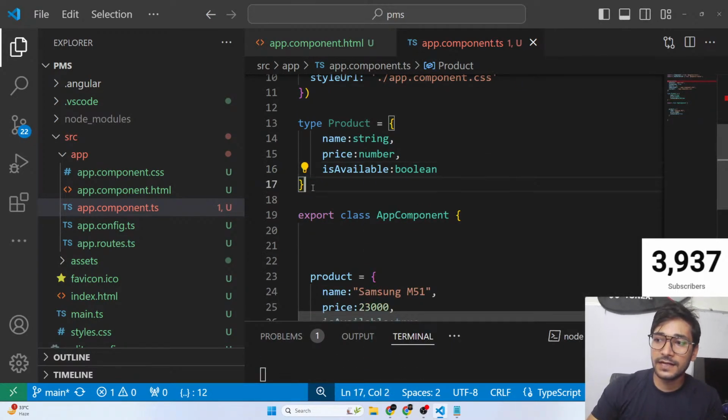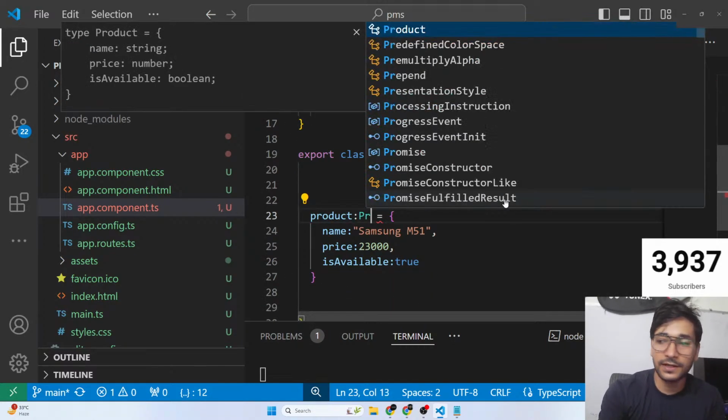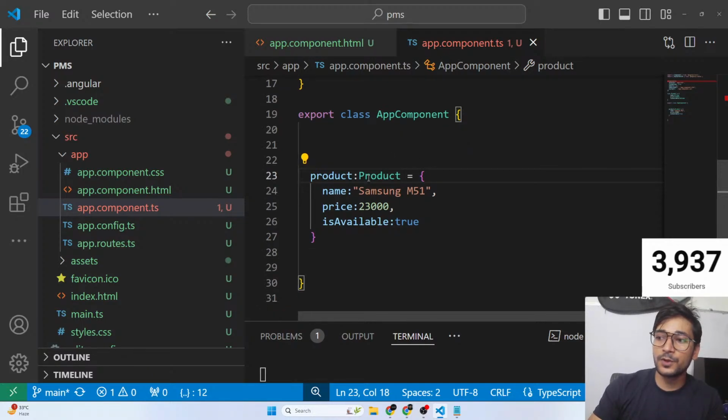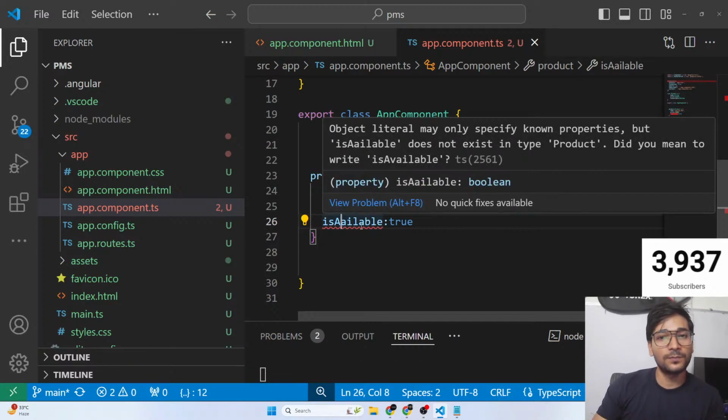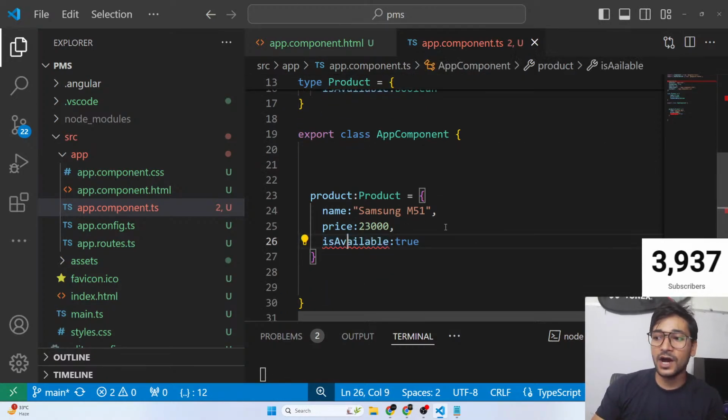So guys, we have created a type for product, and now we'll give the product object the type Product, and see, no errors. But now the best part is, if I make a mistake, it will cry that this property is not allowed, because it only has name, price, and isAvailable, and you're putting a wrong spelling. And if I try to make price a string, again it will cry. So now I have some kind of security measure in my application: I cannot make bad objects, I will always make good objects. A better thing.